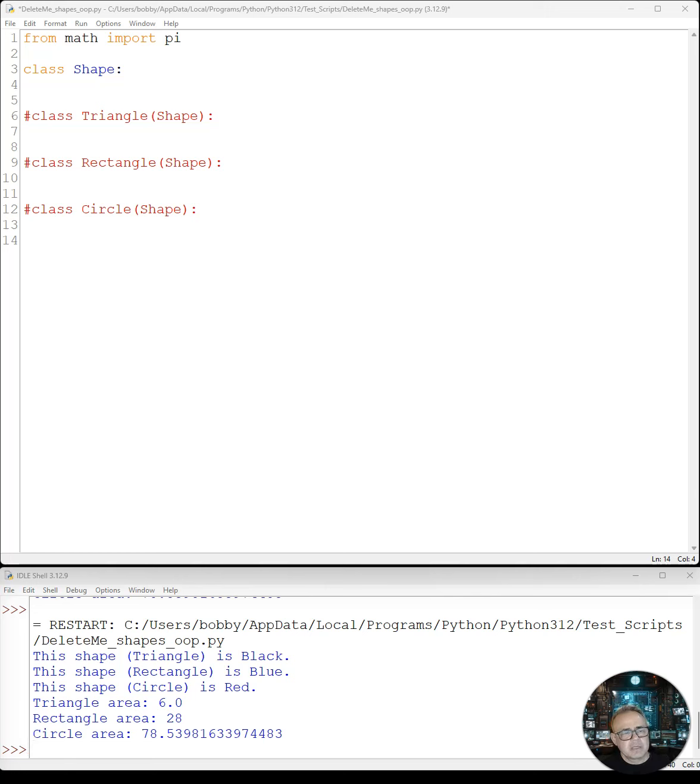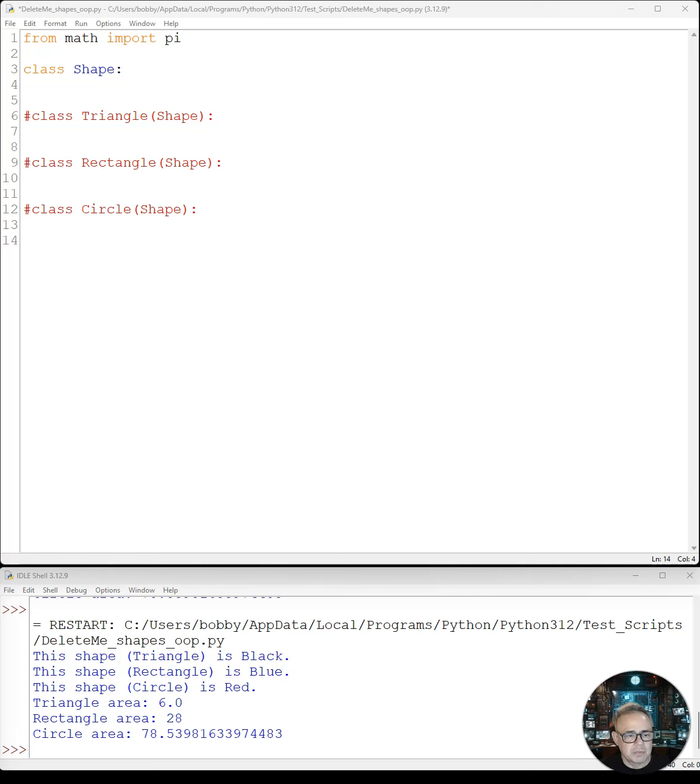In class, we've been discussing object-oriented programming, and we went through how to build classes, the class method constructor, and how to build some of the class methods. And we were using shapes to demonstrate how this could be done. One of the areas that we were struggling with was how to use inheritance, and we were going to start